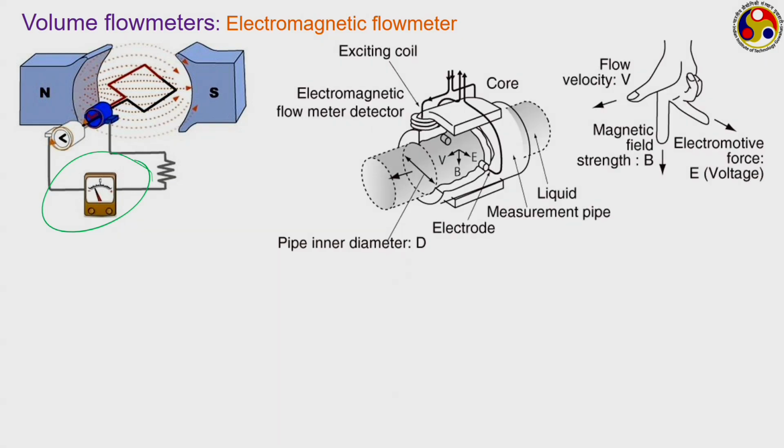Here we have any conducting fluid flowing through a channel, and we put a permanent magnet field around the channel. Basically, if this is your channel, in between we are going to put the flow meter, and the flow meter will house a permanent magnet. And as the conducting fluid is flowing through this, because of the motion of a conductor in this magnetic field, there will be a current generation, which is given by this very famous right hand rule,